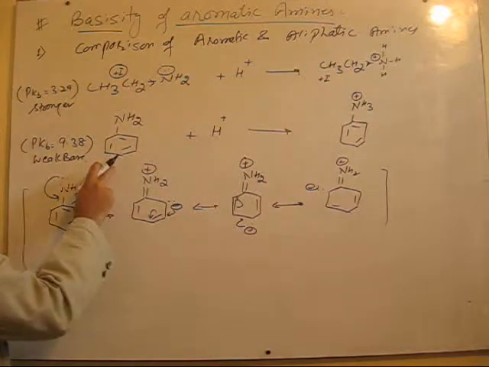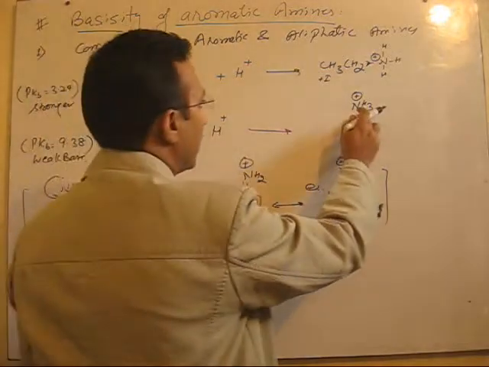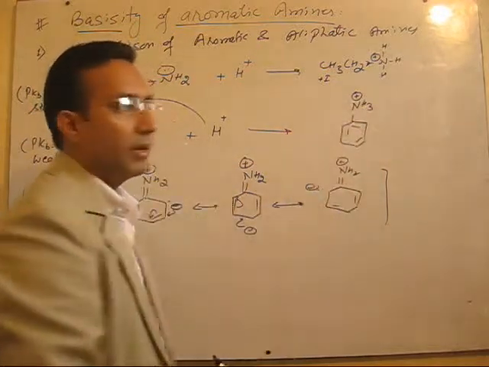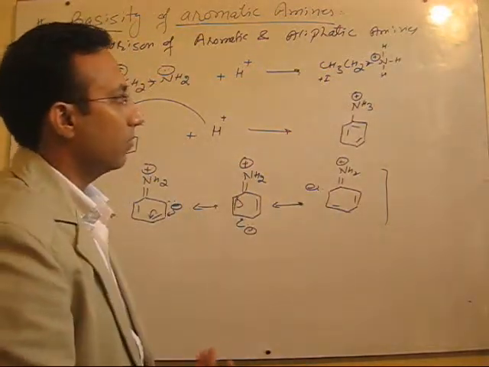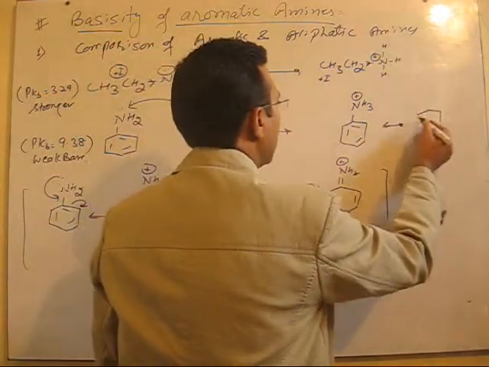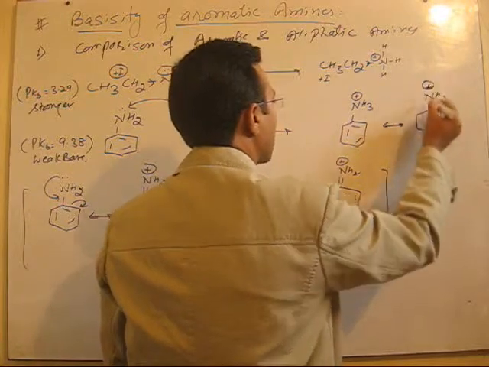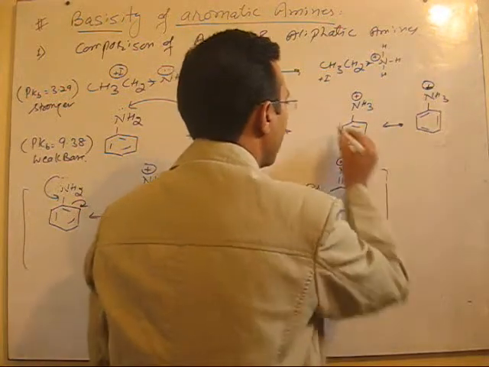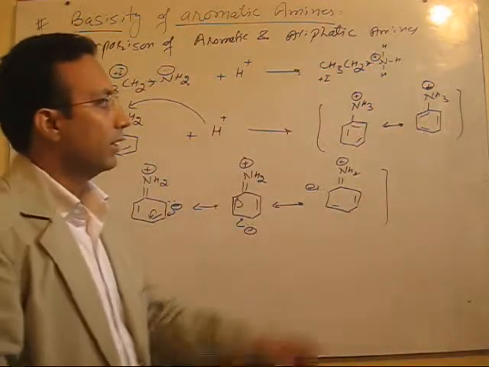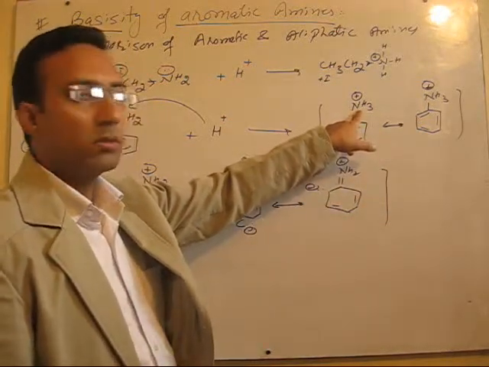Let's discuss aniline now. After the attack of H plus, the cation formed is this, right? Now here nitrogen has already formed its maximum of 4 bonds. So the only possibility of contributing structures is the Kekulé structures for this. These are the only resonating structures formed for this particular cation, because nitrogen is already at maximum covalency.